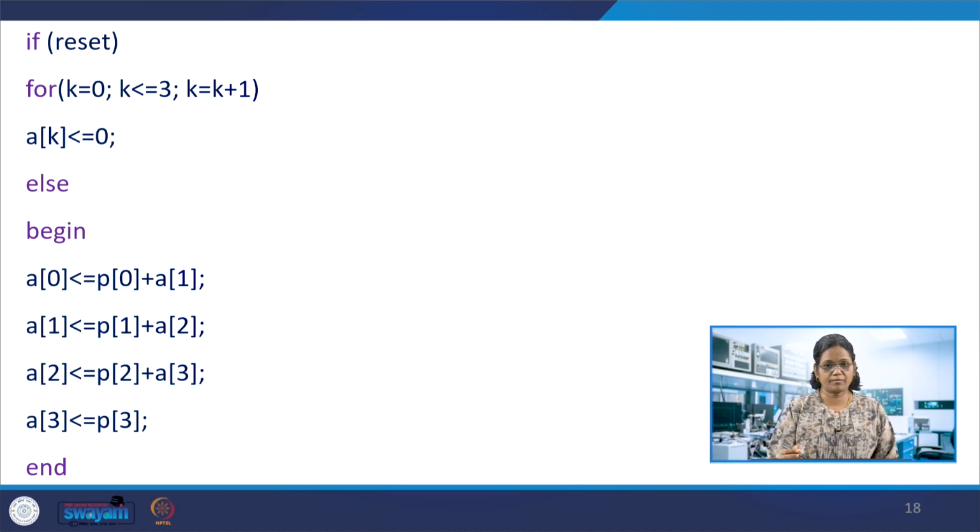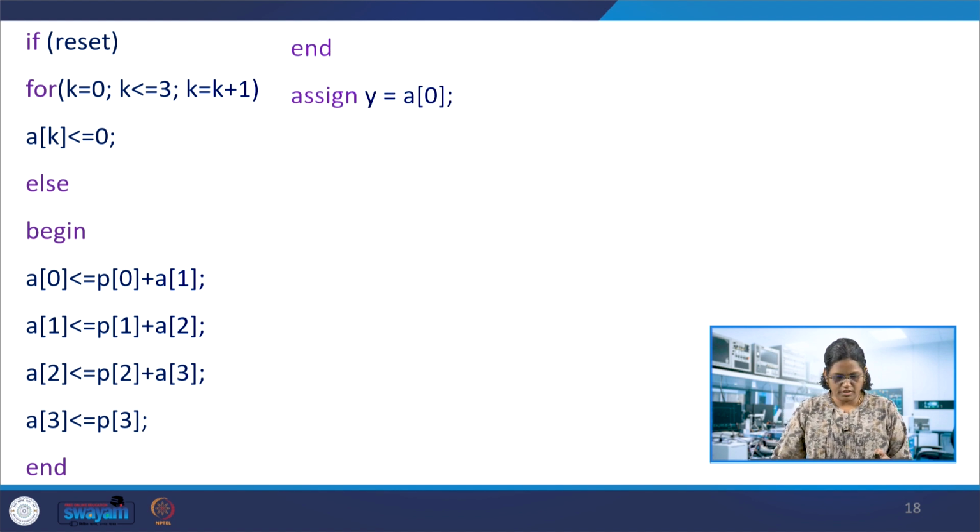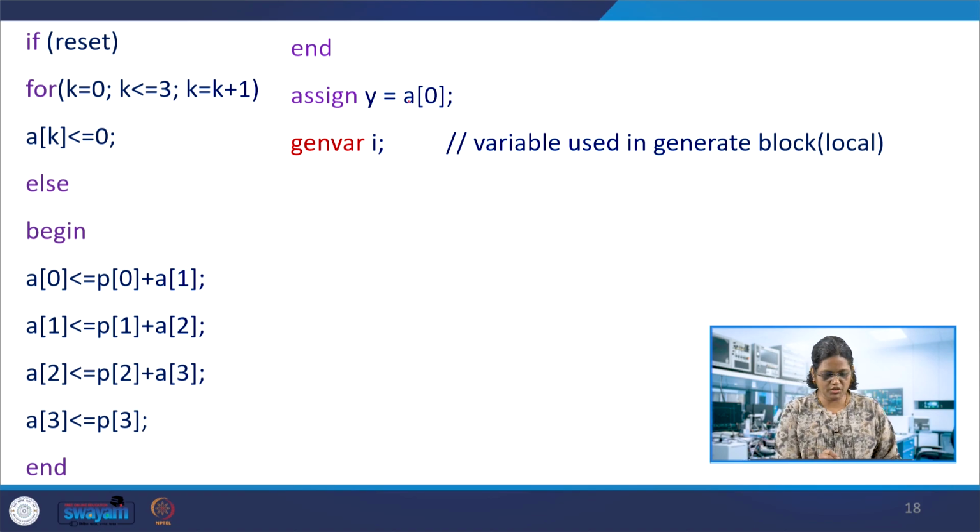So after delay, x is multiplied by the coefficient and then delayed, and x is multiplied by another coefficient, and those two will be added, and then delayed, and then x is again multiplied with another coefficient and that would be added. So like that it would go on. So this is the addition of P0, P1, P2, P3, which are the products of x, the input, and the coefficients. So if you look at this, assign y equal to a of 0.